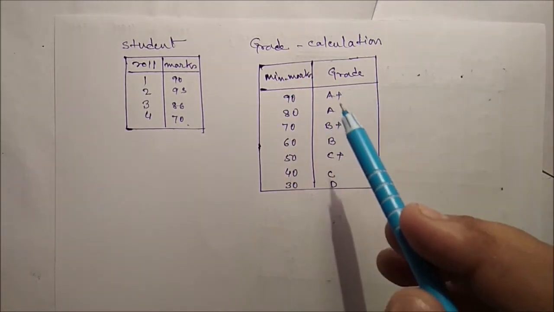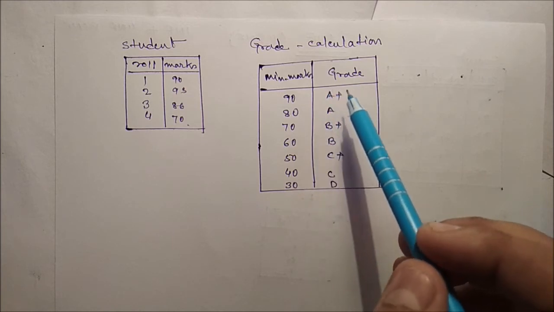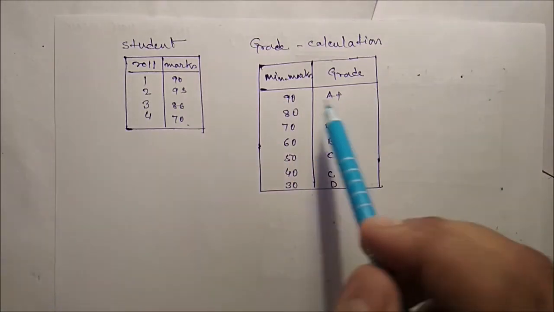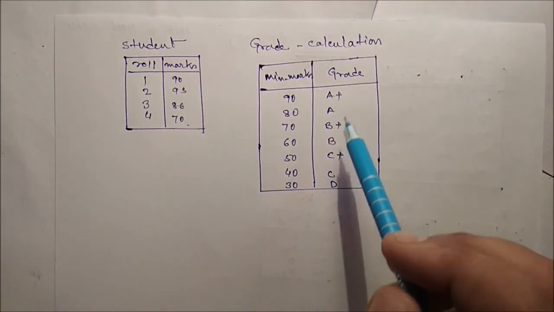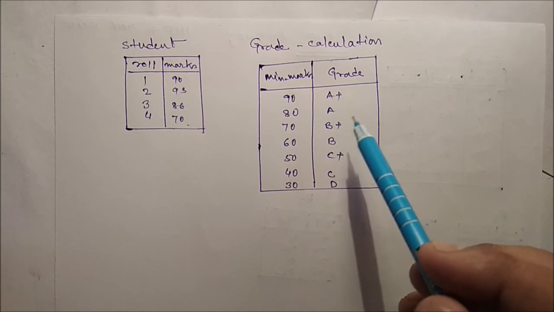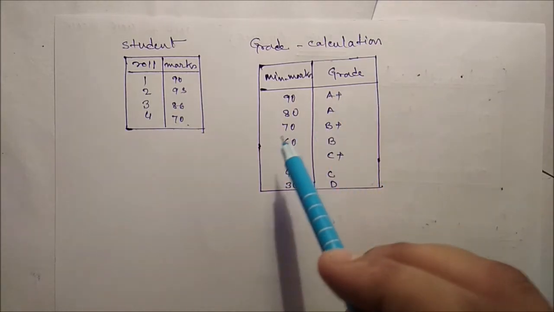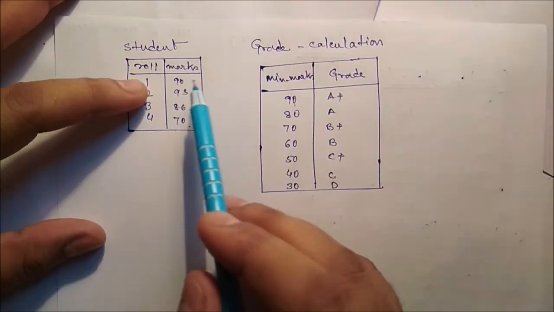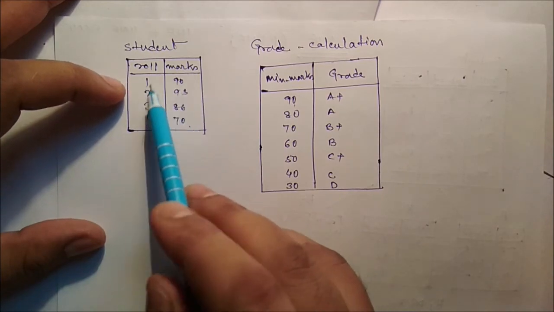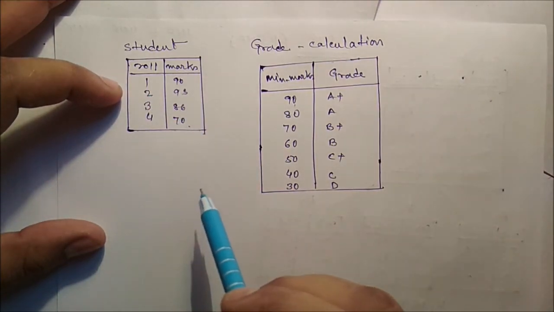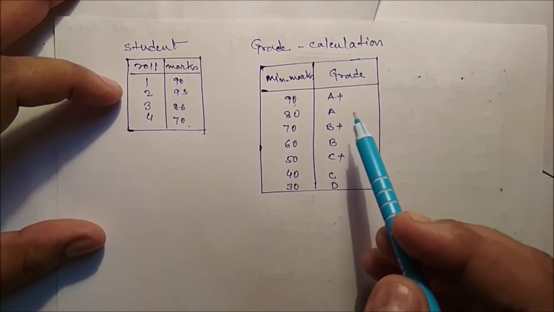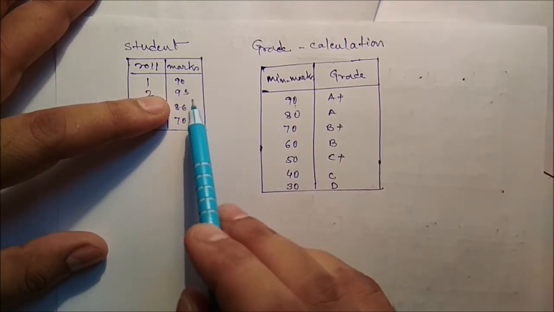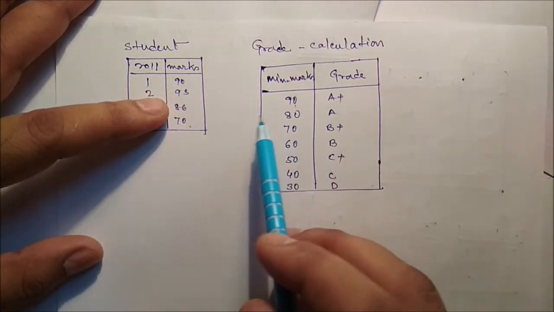Here minimum marks and grades are there. If the marks are more than 90, then it is A plus, more than 80 it is A. That means here we preserve the marks and grade information. Now this grade calculation table establishes the domain constraint, and if required, easily from this table we can identify the grades of all the students. This is not repetition, so repetition of the grades is not there, so we have reduced the redundancy.